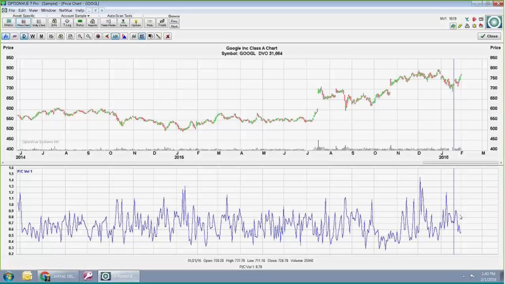But it hasn't been that long. Let's see, the last time it went above 1 was back on January 11th. That's not a surprise because that first week was not the greatest week for a lot of stocks. You can see it's starting out here at about 12/31. The put-call ratio quickly jumped a couple of times, pretty high.